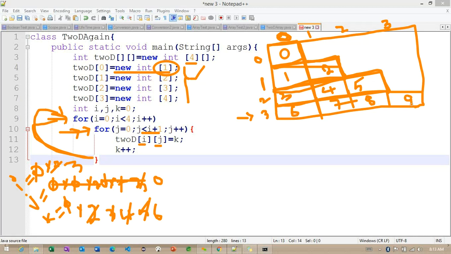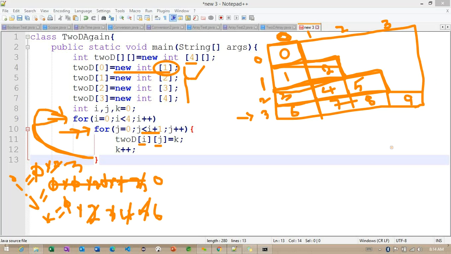Getting the point? So with the help of this particular row, we are creating the columns dynamically here. So now we initialize the values. So how can we print these particular values here?